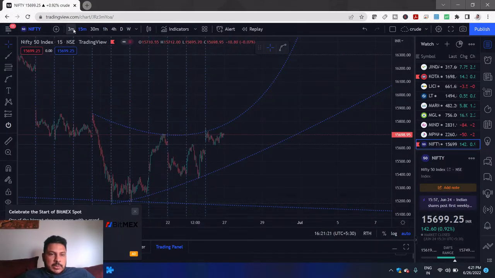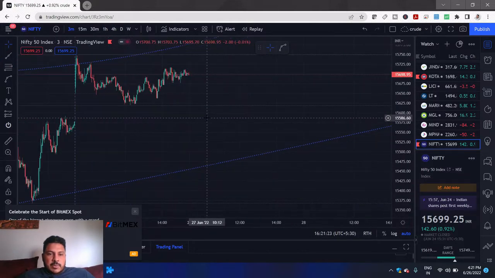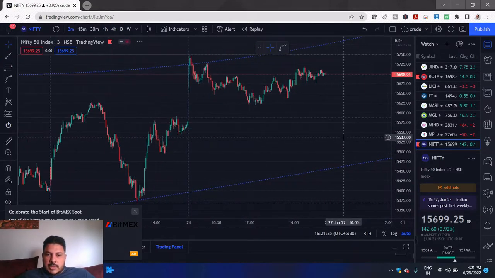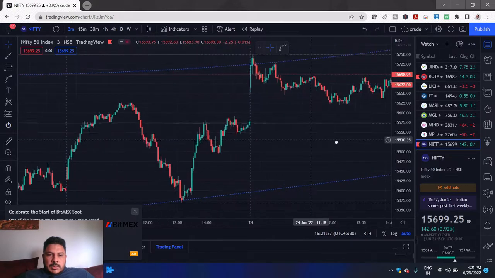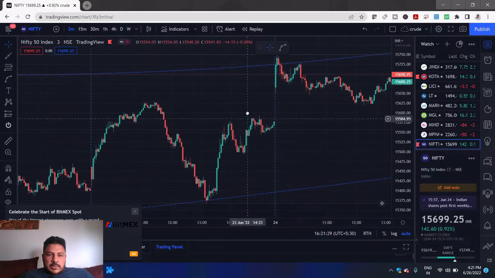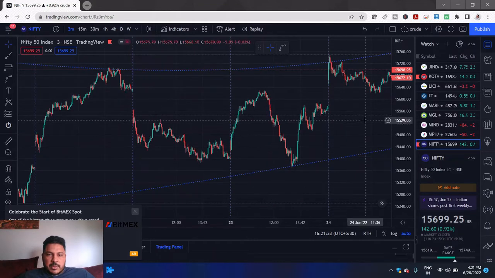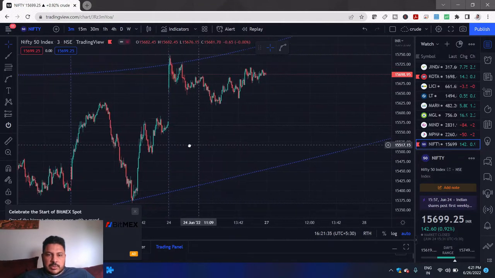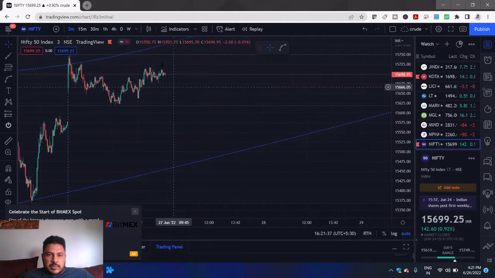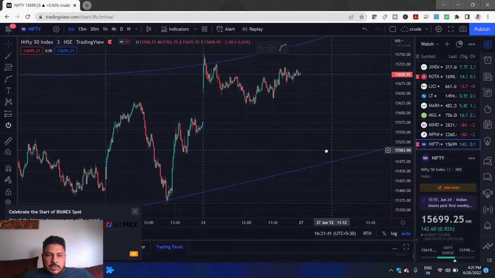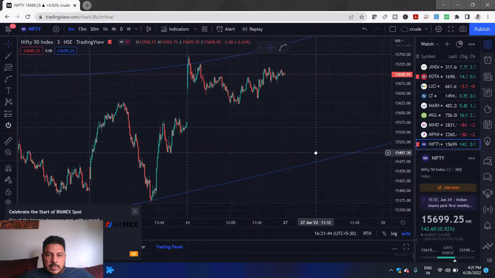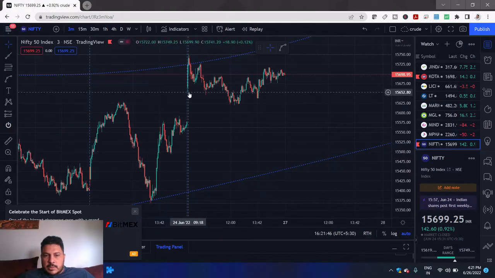Now let's see this on a 3-minute time frame, if we can use this for intraday. So you can use it on intraday as well, but see, once you draw this at different time frame levels, automatically your intraday is sorted. So you can see that if the market opens at this level anywhere, you can definitely go for a short. On an intraday level, let's